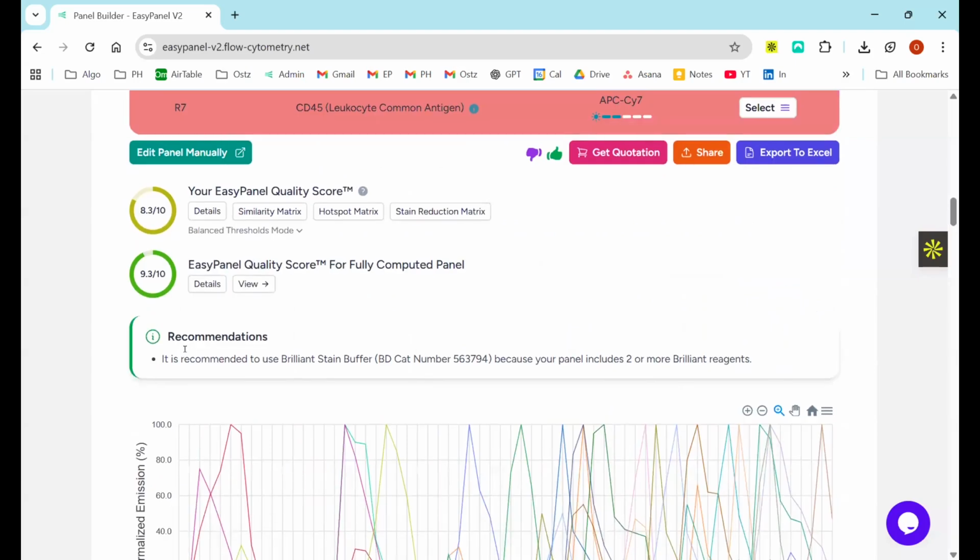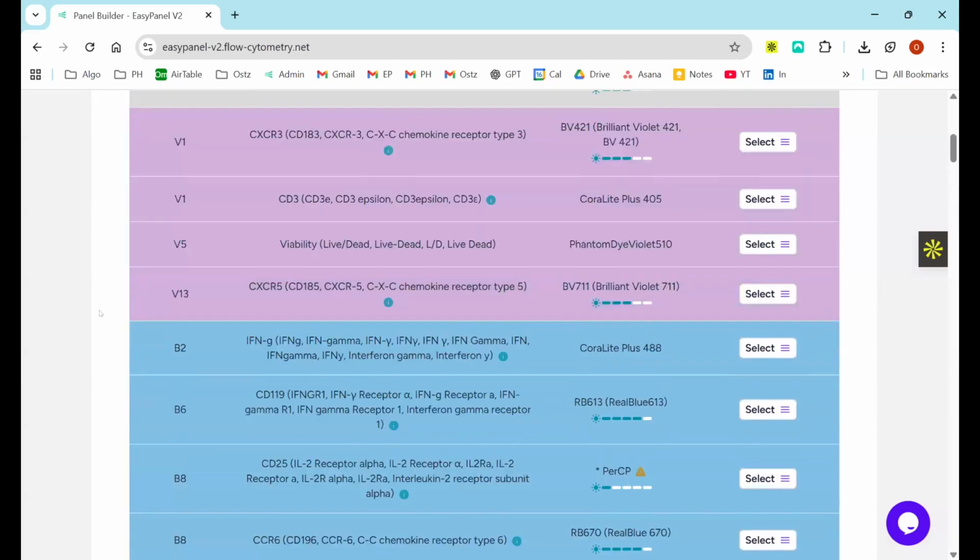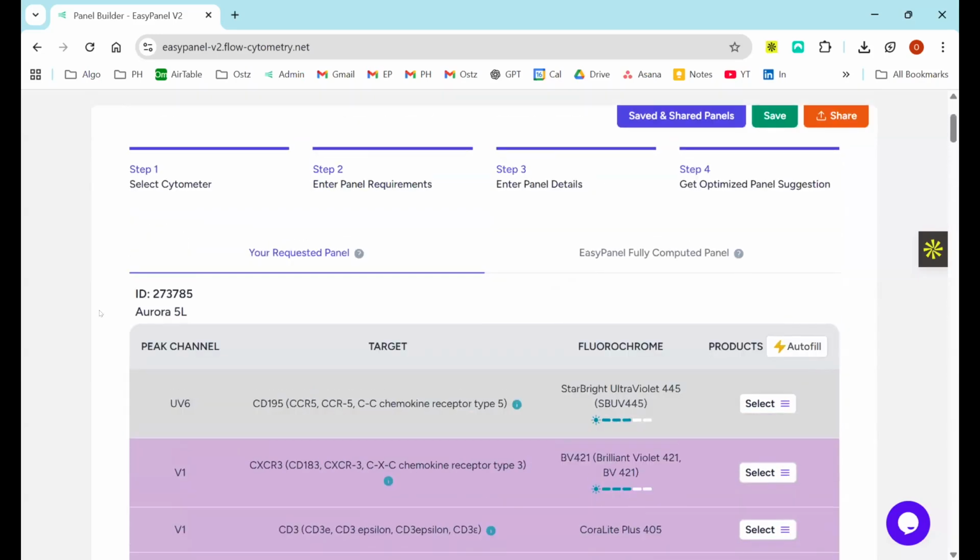I did mention buffers. This can also make or break your panel. EasyPanel will try to suggest some buffers that you could use based on the fluorochromes and the panel that has been suggested. Now you can save and share that panel